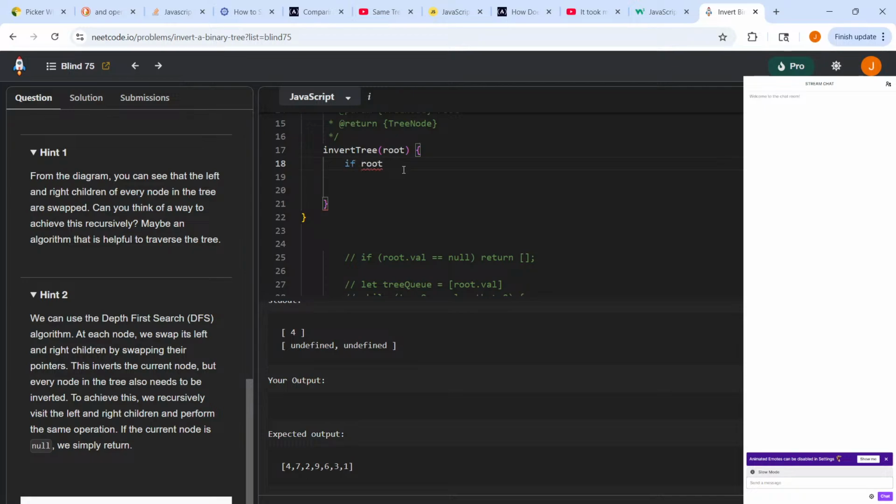If root equals null, return. That'll do it. And that should work for all of our deep cases as well. So then